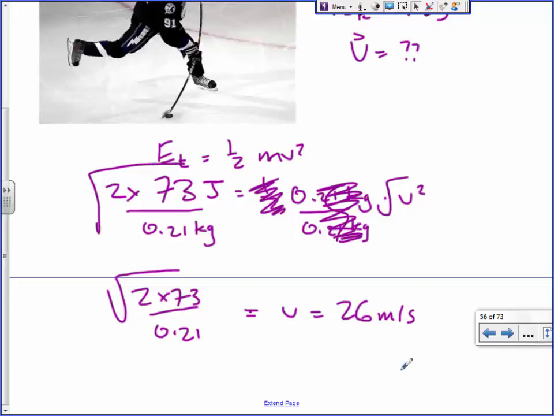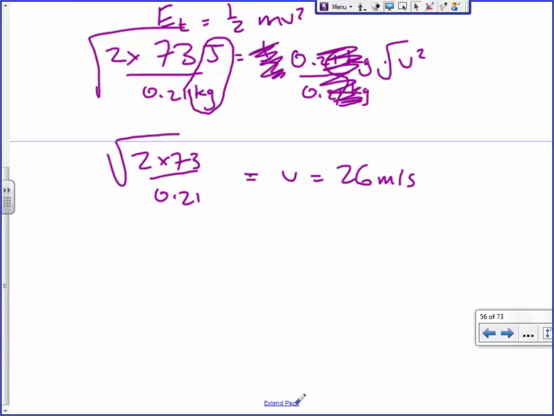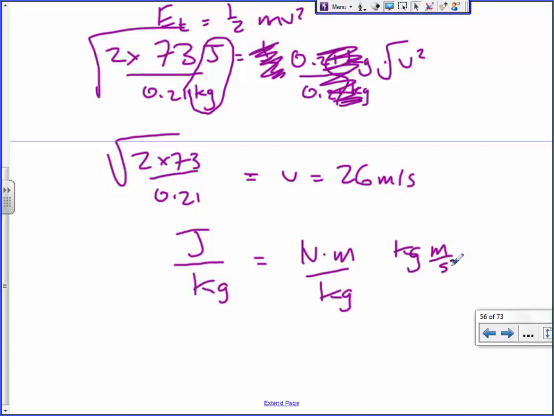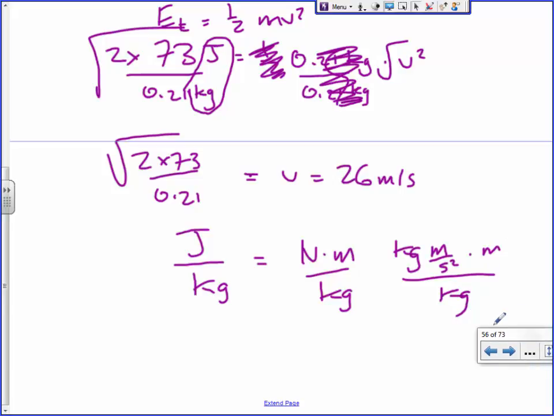For my purposes, I'm cool if this is what you do for work, something along these lines. Whatever shows something. But I would like to talk real quick again just about the units hidden inside here, just so you get how that worked. We had a joule, and we divided by a kilogram. A joule is equal to a Newton meter, and a Newton is equal to a kilogram meter per second squared, times the extra meter that was still sitting there, divided by kilograms. That's how our units worked. So right off the bat, you guys can see how the kilograms canceled, right?